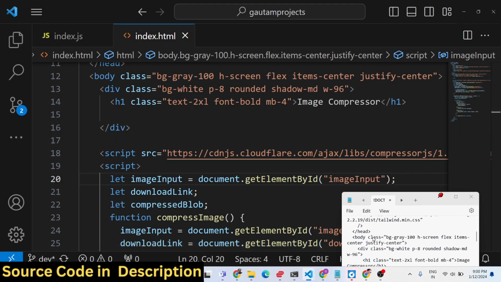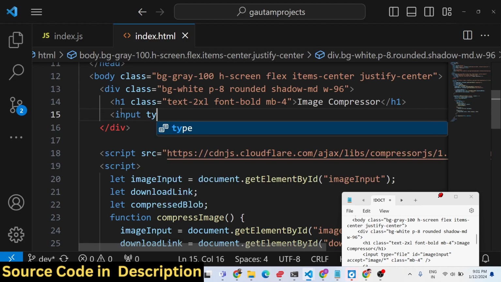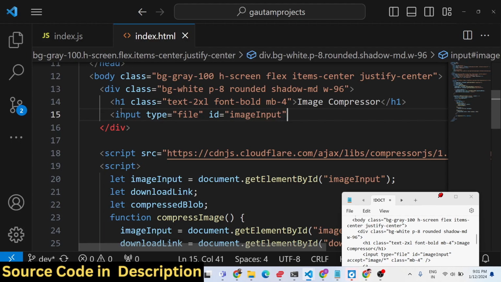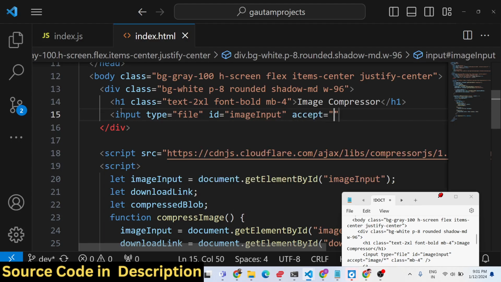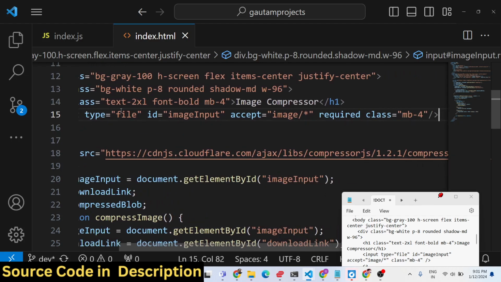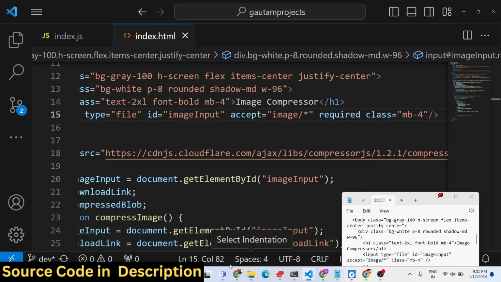After this heading, we will have our input field where we will allow the user to select a file. So input type file, and we will give an ID to it of imageInput. Here the user can select their image file. We will only be accepting image slash, and it is required for the validation. We will be giving a margin bottom 4 class. So there will be an input file added right here, and that's all we will have inside the UI of